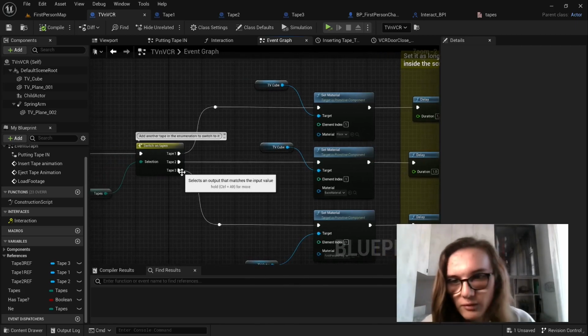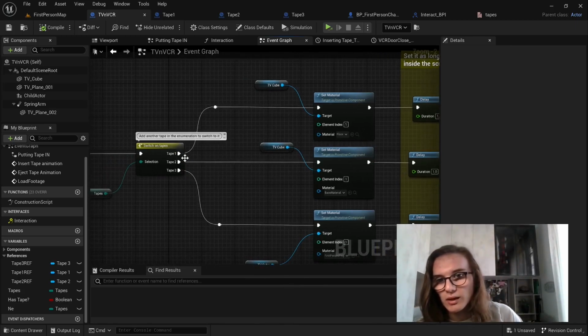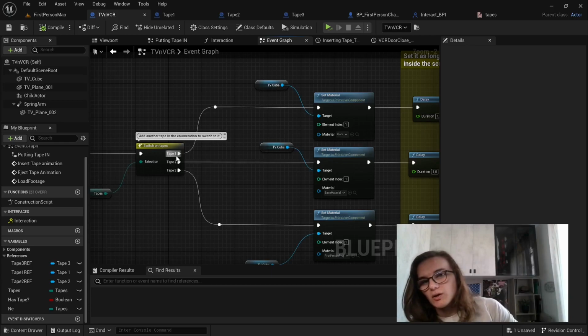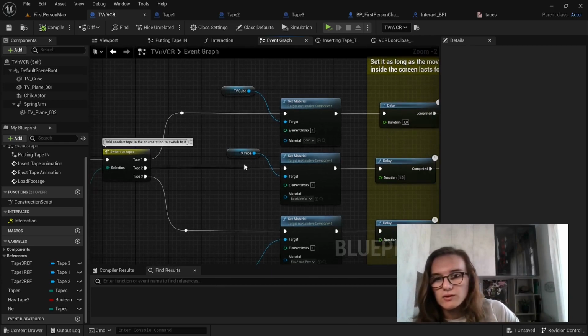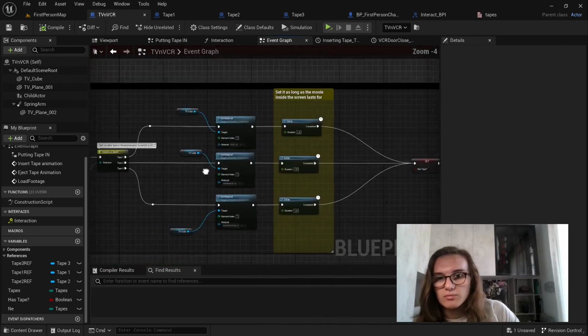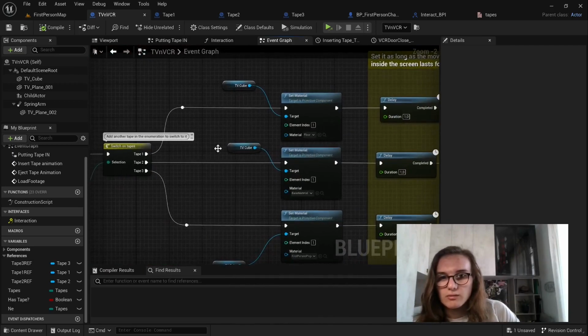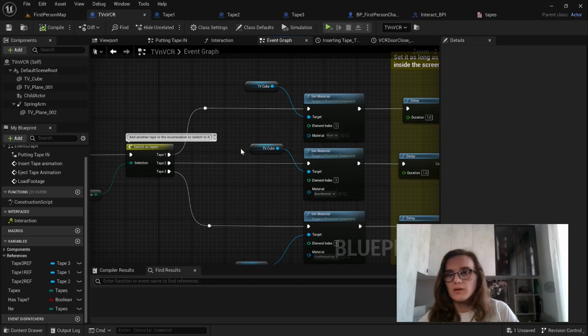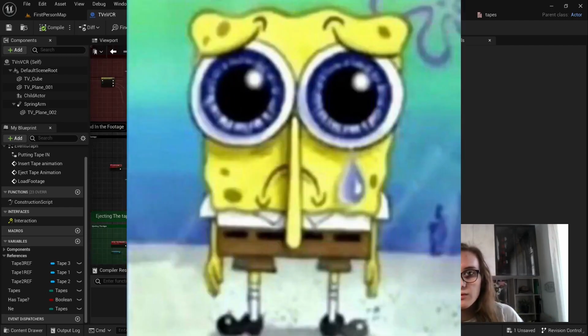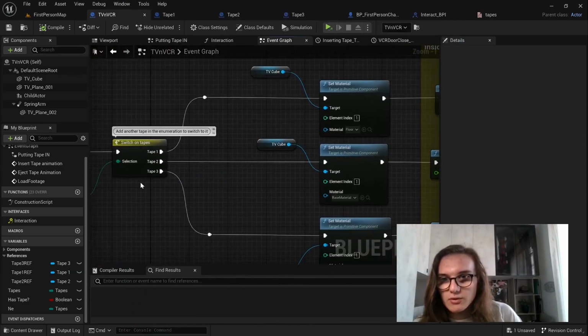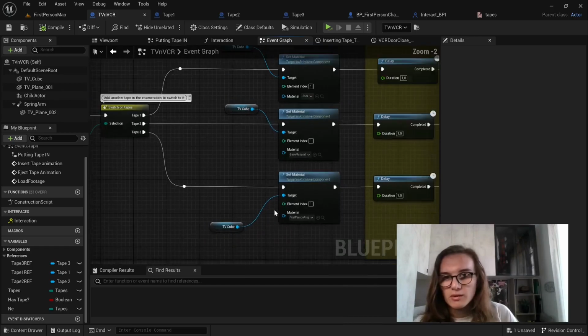So for a chronological order, I'd suggest that tape 1 will be the last, because it has a bug, which is that if you pick tape 1 first, the other ones don't load. I think it's unfixable, because I didn't find a solution. I've been looking for a day for this solution. But it really simplified this code, and I'm afraid that there isn't really a solution for that. So just use tape 3 first. Maybe use the events in the game that will help you to find tape 3, then 2, and then tape 1 as your last tape in the game. So